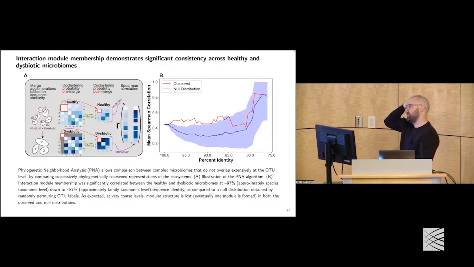Also, and this was an interesting result we didn't expect. Between these 2 cohorts of mice, we had about 60% overlap in the OTUs. That means that about half of the OTUs that were in each cohort were not represented in the other one. But we wanted to see: is module 1 in the healthy cohort, does it have a module in the dysbiotic cohort that is very similar,